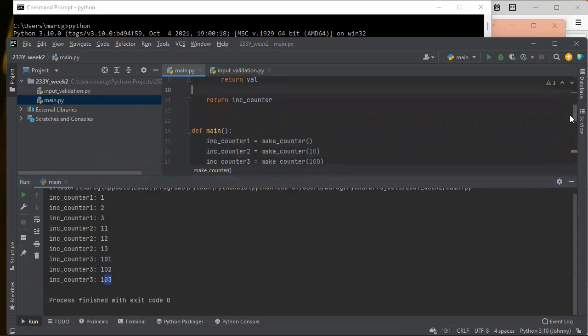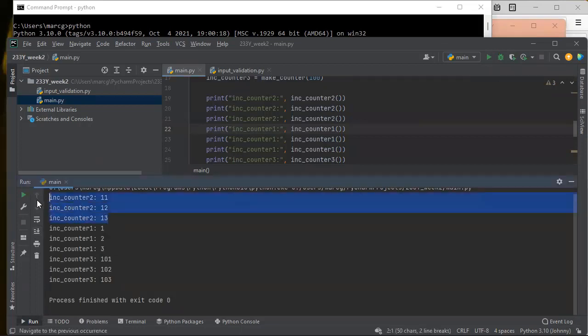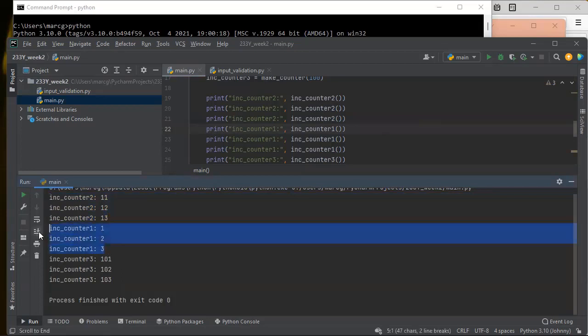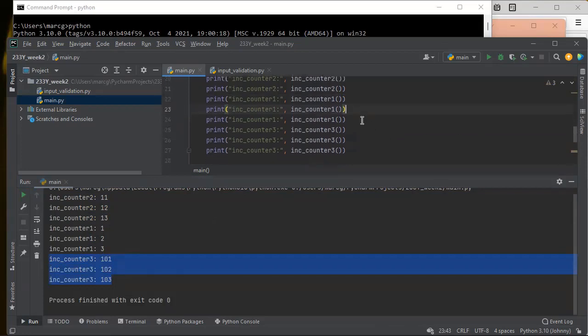And we get the same results no matter what order we do this in. So for example, if I move this stuff with inc counter 2 up here, I get exactly the same results, even though the order is different. So inc counter 2 goes 11, 12, 13. Inc counter 1 goes 1, 2, 3. Inc counter 3 goes 101, 102, 103. Or if I move this up here to the top,